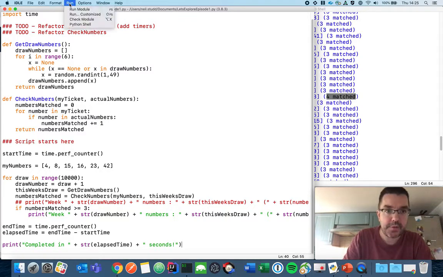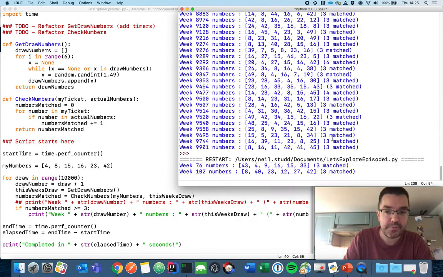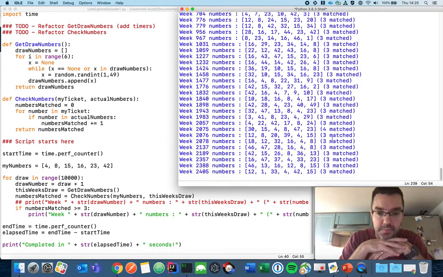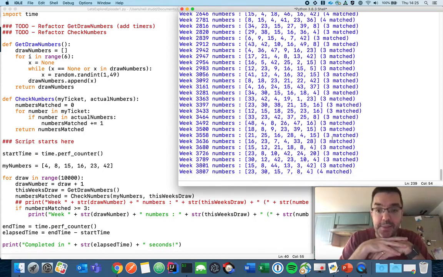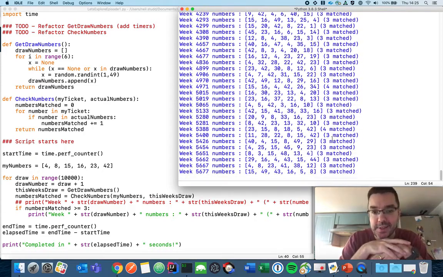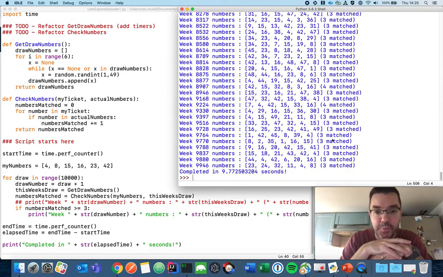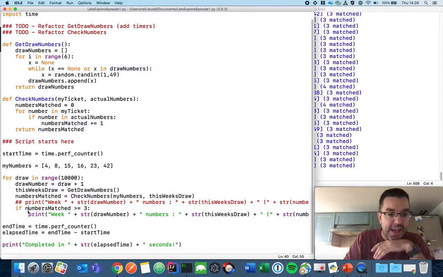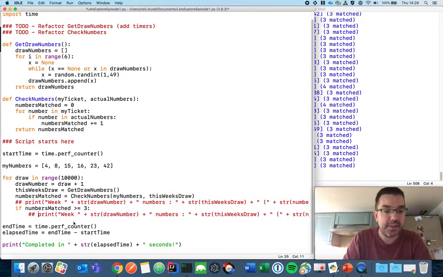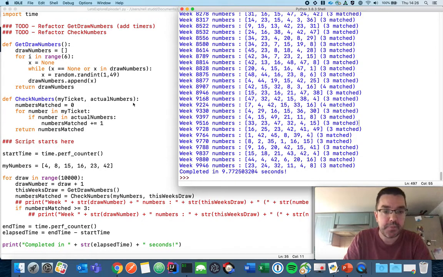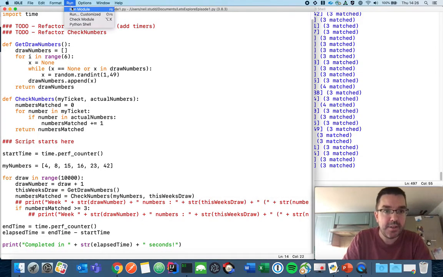Let's run our 10,000 draws again and see how long it actually takes. It's not the slowest. And I know actually printing these messages out is one of the things that slows down a script. If we switch these off, which I might do in a second, we'll prove how much faster it goes. So that completed in just under 10 seconds. If I comment out the print statement, because that is consuming CPU time, and run this again,